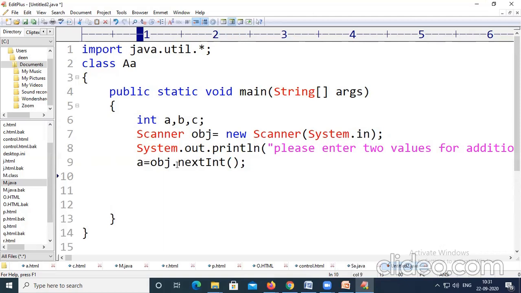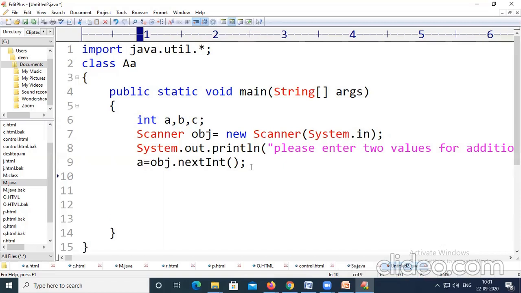As I said in the previous session, if we want to take float values, you have to mention this particular statement as nextFloat. If we want to take the character values, we have to mention the statement as next char. So this is how we have to make some changes in the code when we are reading different data type values. Next one.